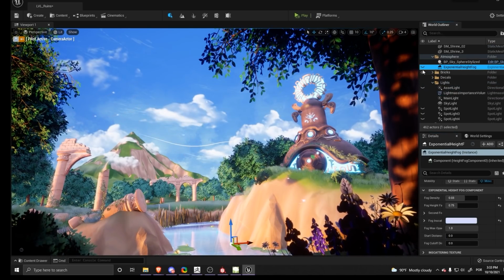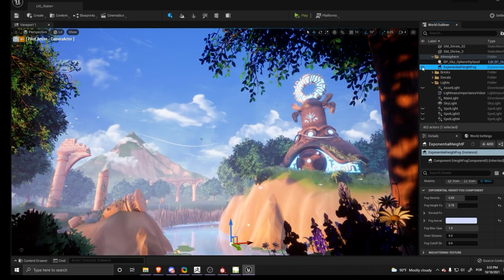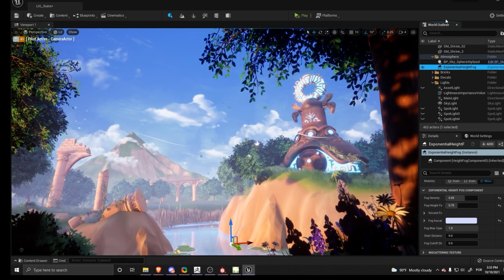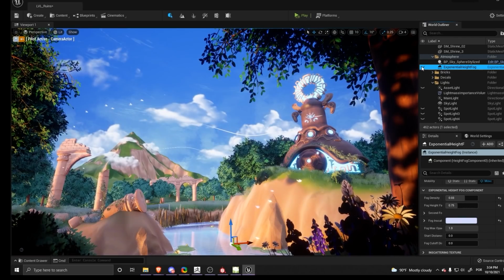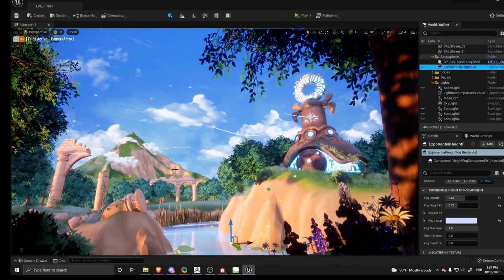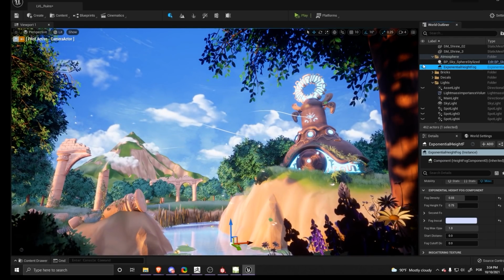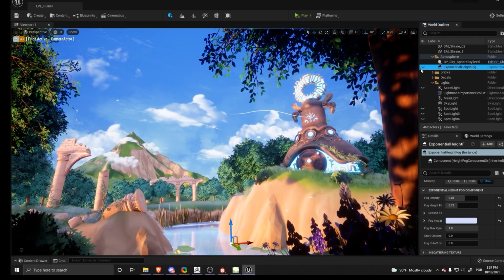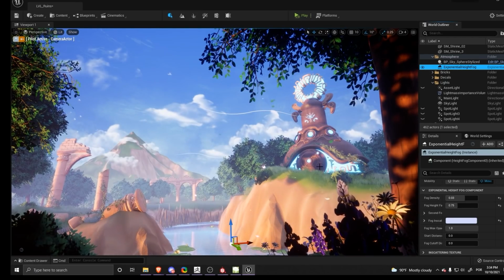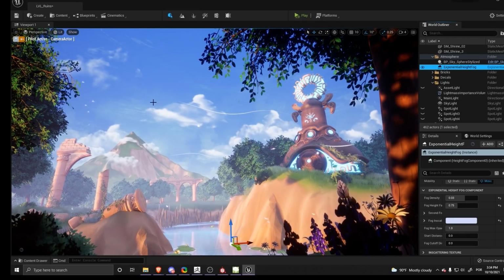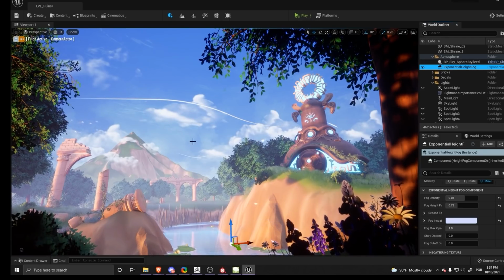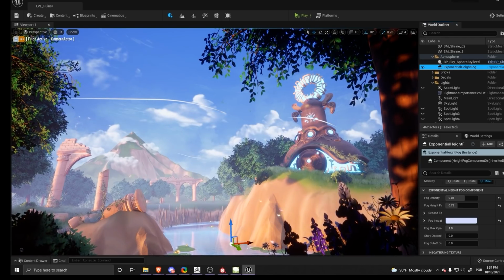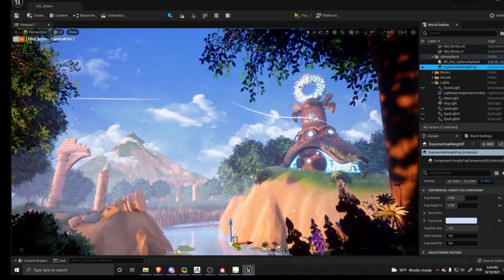So right here, I have my explanation of height fog. And the way that I went about my fog, I didn't want it to be too dense, but I basically focused the fog more in the very background. And that helped me to have that effect that the foreground is darker, the middle ground's kind of in between, and the background is lighter with the fog. Looking at it now, I do think I could have separated the background and the middle ground a little bit more and made them a little bit more defined.